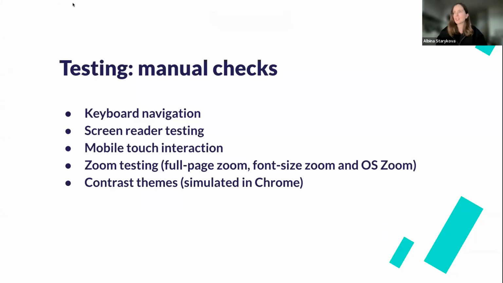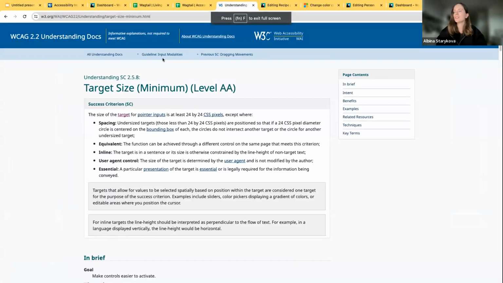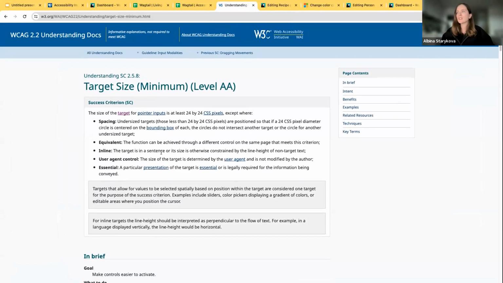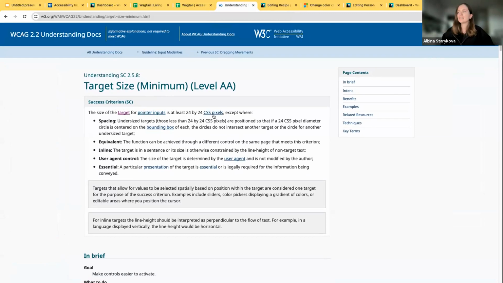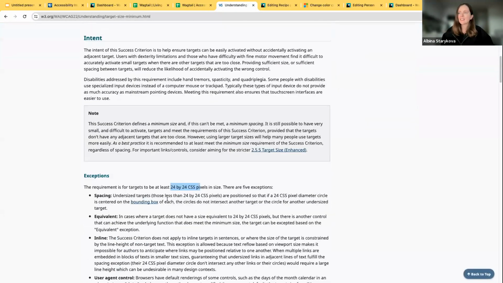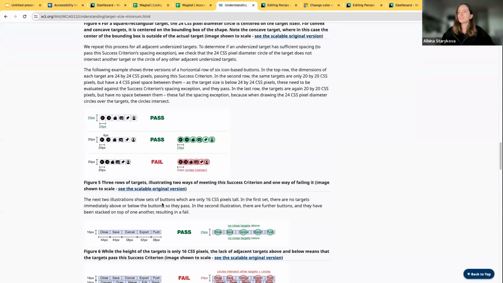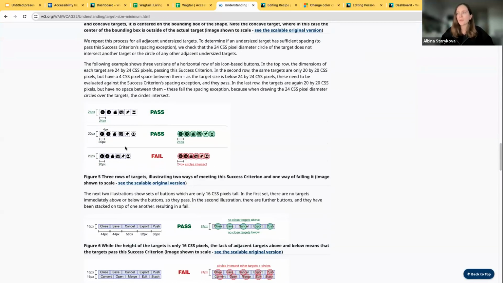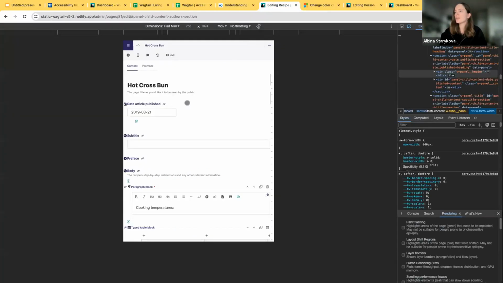So let's do a quick demo here and explore a new WCAG 2.2 rule. It's 2.5.8, the target size. And this rule concerns mobile devices. According to the requirement, the target for pointer inputs should be at least 24 by 24 pixels. This adjustment ensures that users can easily tap on what they want without accidentally hitting something nearby. So let's go ahead and check our Wagtail admin